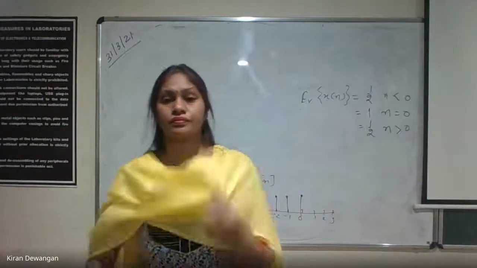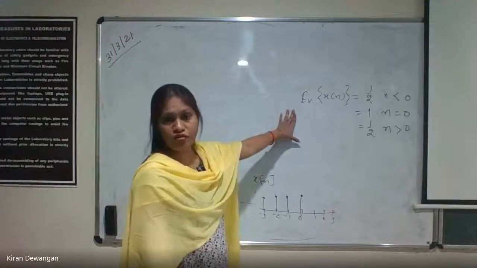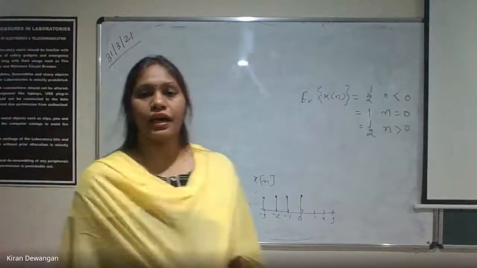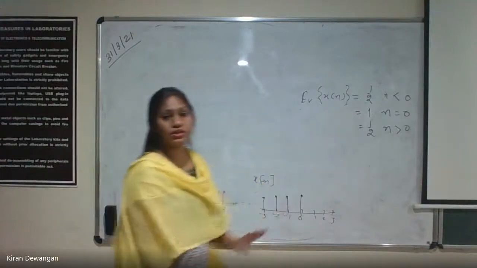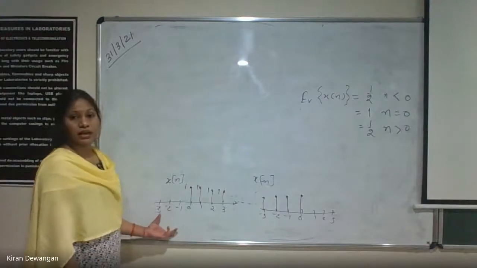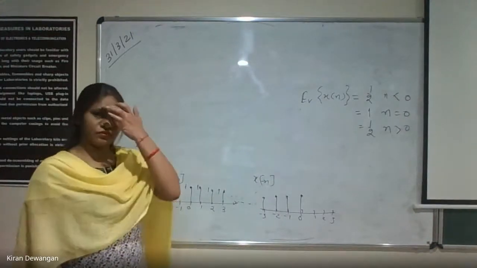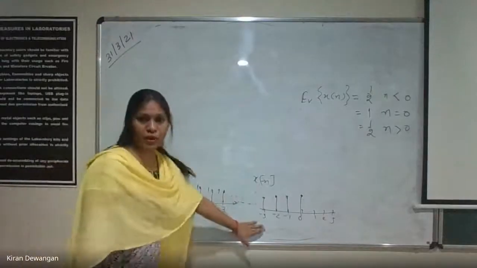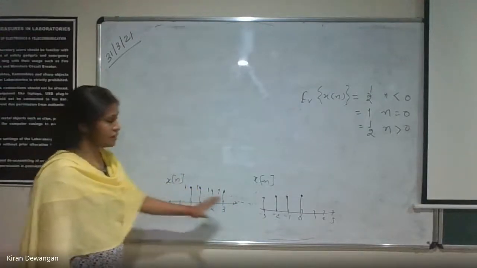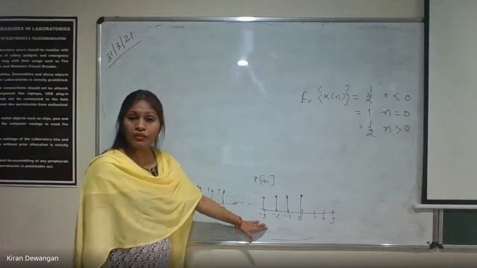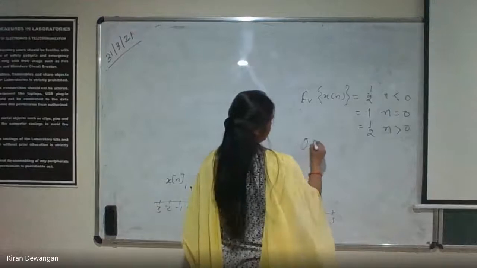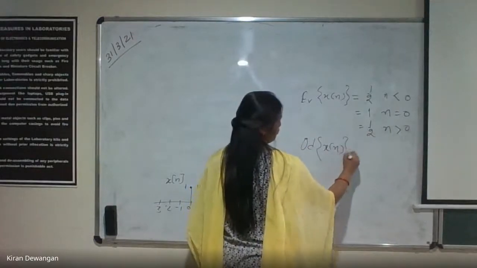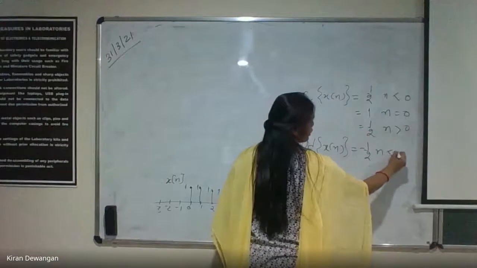Anyone? It will be x of n minus x of minus n by 2. ठीक है? It is 0 for n equals to 0. And for negative n, the rest will be the same. क्यों same होगा? This is 0. No, ma'am, 0 minus 1. ये 0 है and this is minus 1. So 0 minus 1 will be minus 1 by 2. Correct. So the odd component is minus 1 by 2 for this.